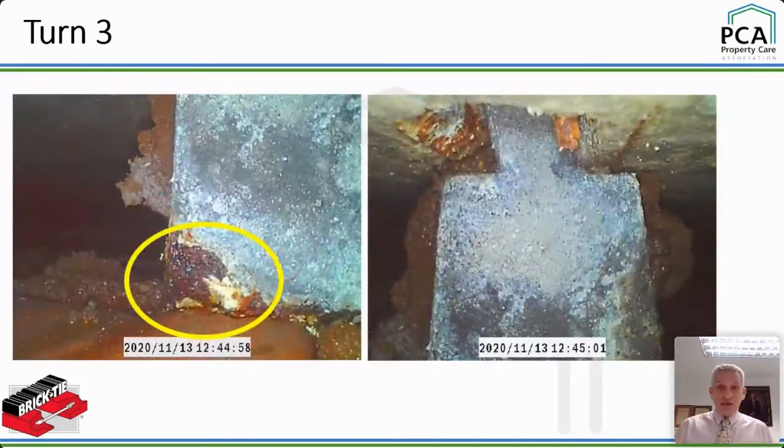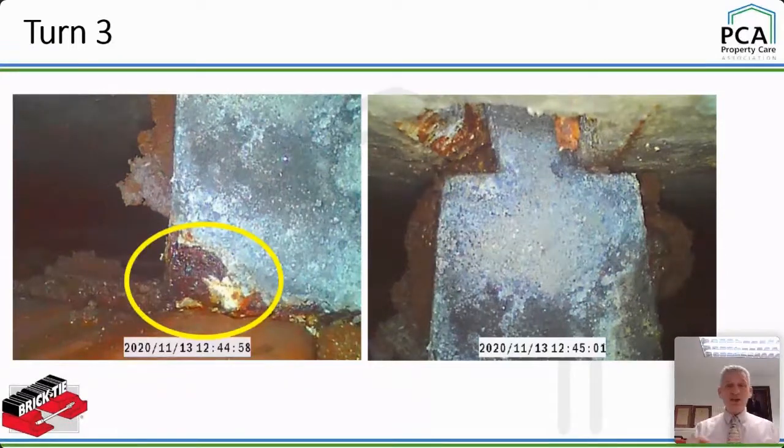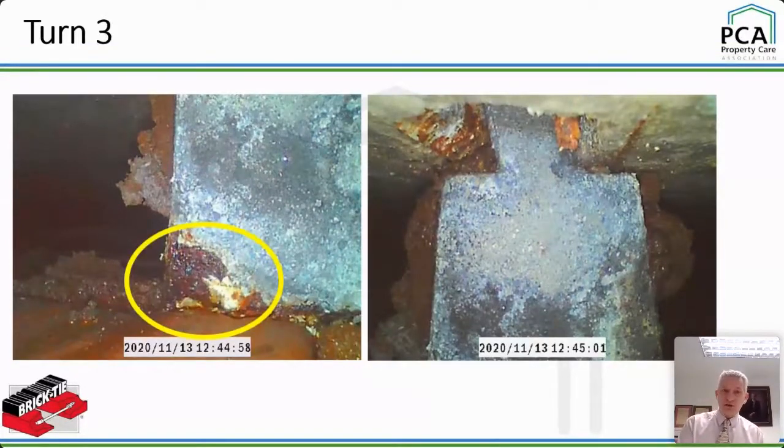This is another tie, same building. Now we've got the red rust pitting highlighted on the left, just as the tie enters the outer leaf. It was raining that day, and you can see how wet the outer leaf is. I was up a cherry picker at the time. It's also useful when you're looking behind BRE 401, the darkening of the zinc. This is a good example of zinc corrosion.